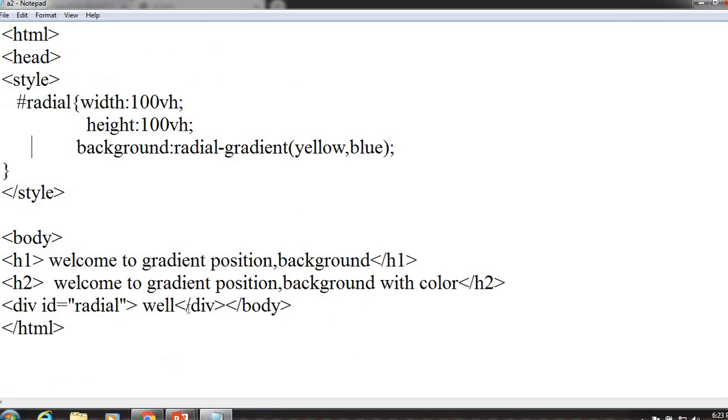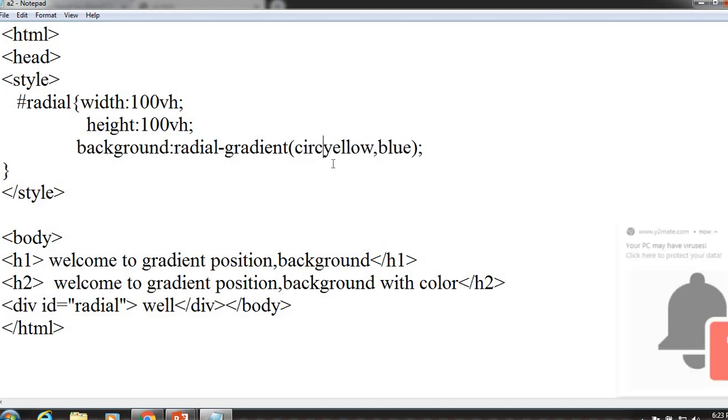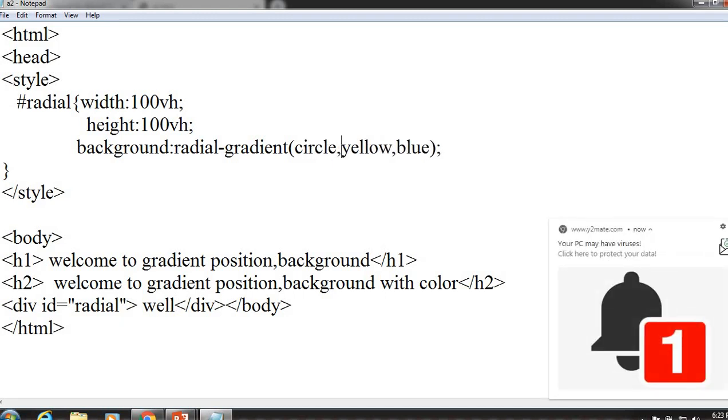So here we can change it into a different look. I am going to add the circle style, and I am going to add one more color here.